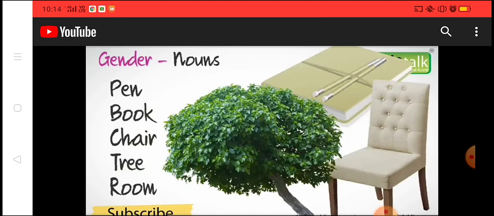But neuter gender is concerned with neither male nor female, which means it won't be in both cases. That won't be a human at all. That won't be a living thing at all. Have you understood, students? So you should know the difference between common and neuter. Common means either male or female. Neuter means neither male nor female. I hope you might have copied these examples too.